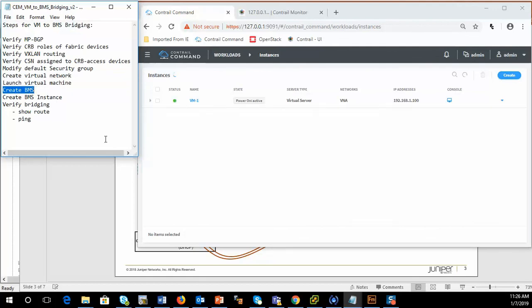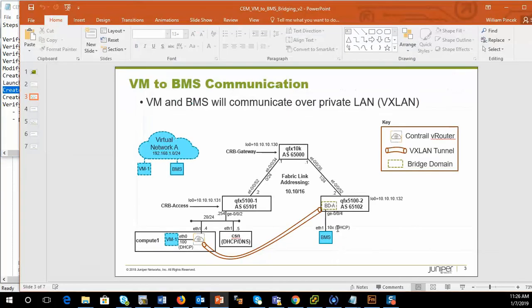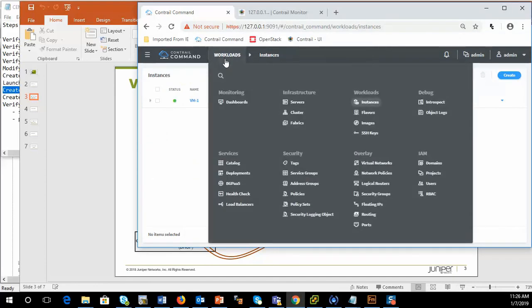Now, what this does is it's going to logically associate its interface with an interface of the top of rack switch that we're going to attach to, which will be ge-0/0/4 of QFX 5102, and we'll need to specify the MAC address of that bare metal server. So you'll need to know ahead of time the exact MAC address of the bare metal server. Okay, so let's go here, and we're going to go under Servers,